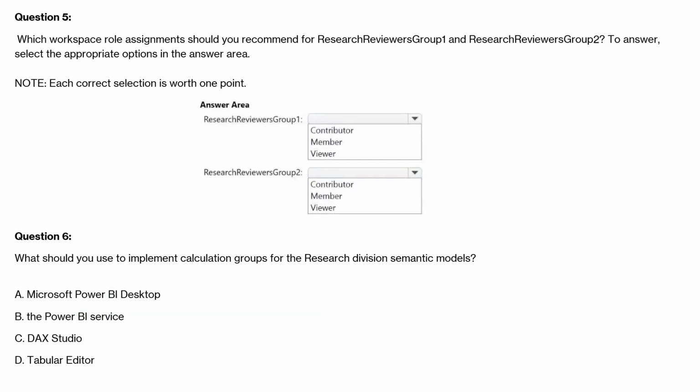Now let's move toward question 5. It says, which workspace role assignment should you recommend for research reviewers group 1 and research reviewers group 2? And in the options we have contributor, member, and viewer for both the workspaces. So again, by reading the case study, you can find out that for research reviewers group 1, we have to enable them so that they can read using SQL endpoint. So for that, we have to assign them the viewer role,